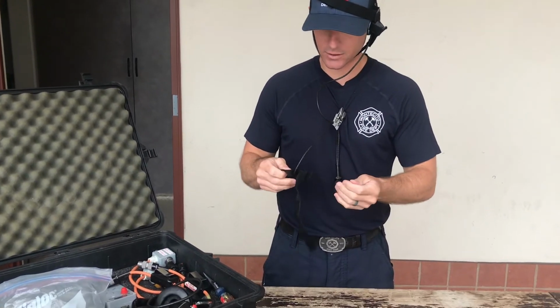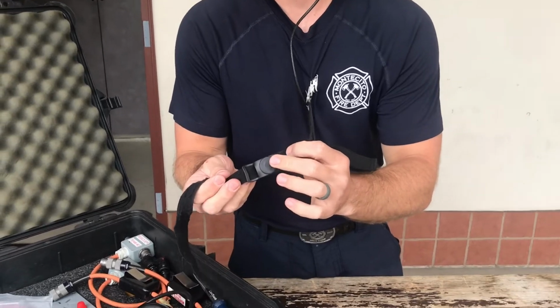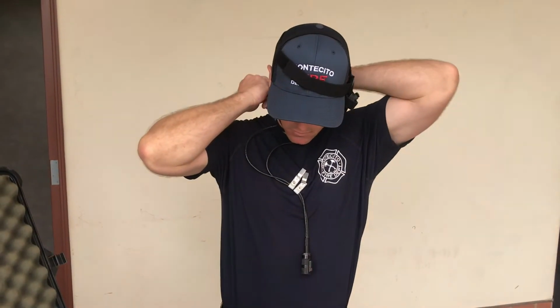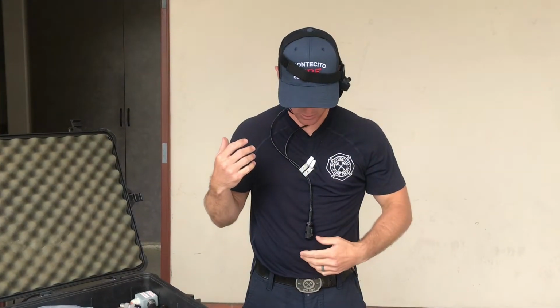And then next you'll hook up your bone mic. So you want to make sure that that piece that transmits the actual sound, you get it over here on your neck, and then you tighten it around. Obviously, you're going to be working with this for a while, so get it snug but not too tight. And then basically that's it. You're set up here. You can mask up at this point, adjust the straps around your mask as you need to,